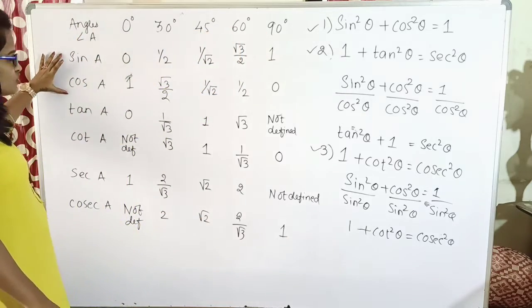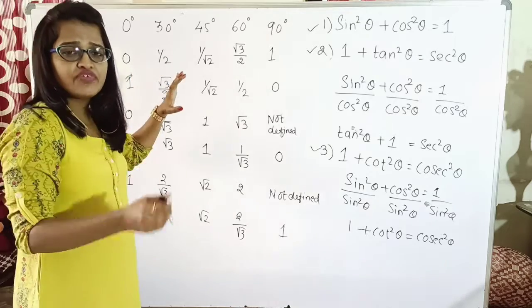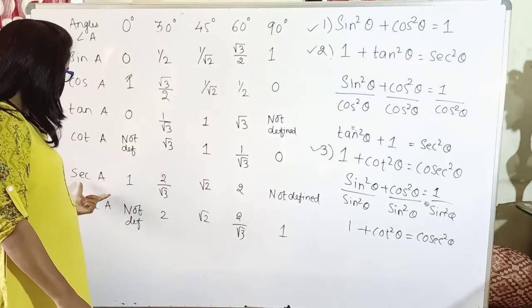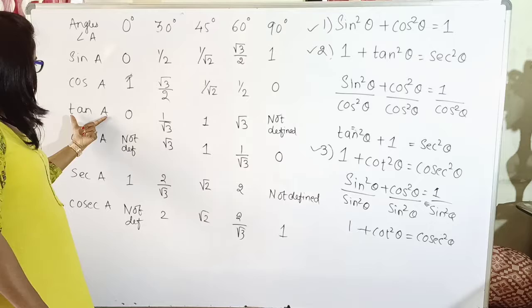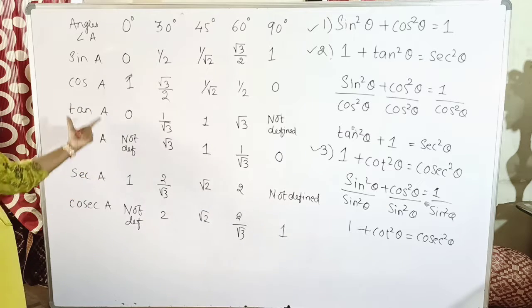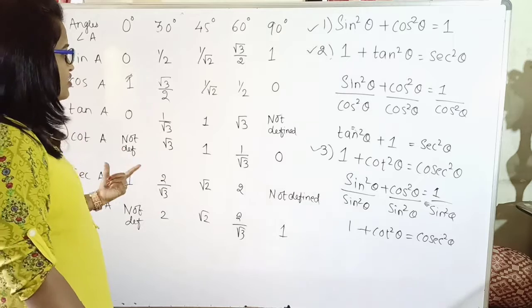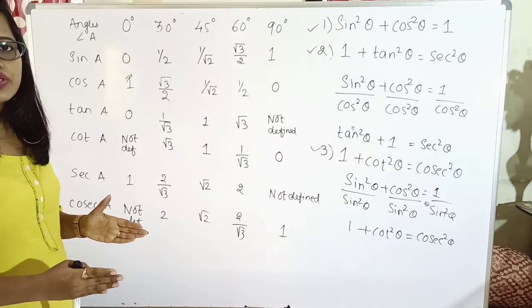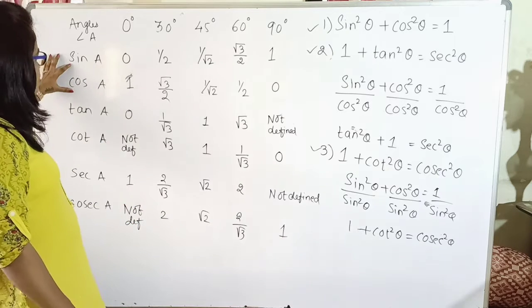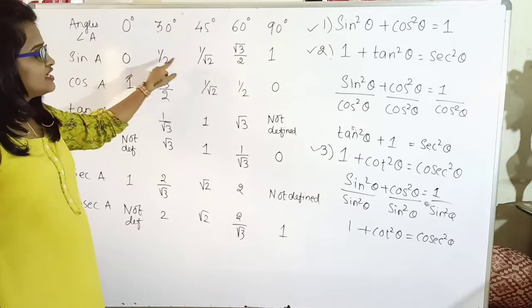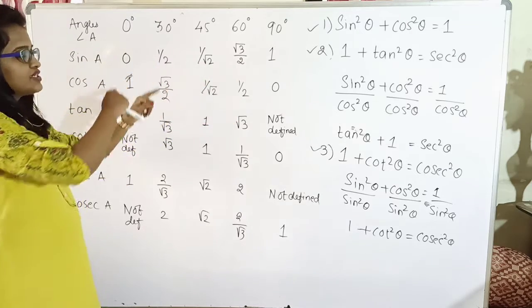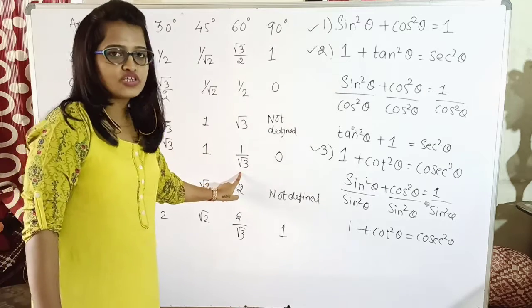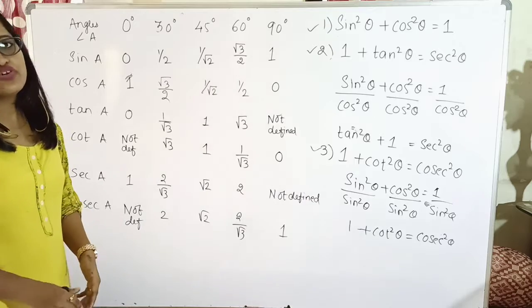We have derived the values only for sine and cos by the figure where we drew a circle of unit radius, and then we derived the values for tan, cot, sec, cosec. So cot is inverse of tan, sec is inverse of cos, and cosec is inverse of sine. Fair enough. Further, we had seen the complementary ratios. Now what is a complement? When the sum of two angles is equal to 90, we say it is a complement. So sine and cos are complements of each other. Why? Because sine 30 and cos 60 values are the same, and 60 plus 30 add up to 90. Similarly, tan and cot are complements. So tan 30, cot 60, and sec and cosec are complements of each other.